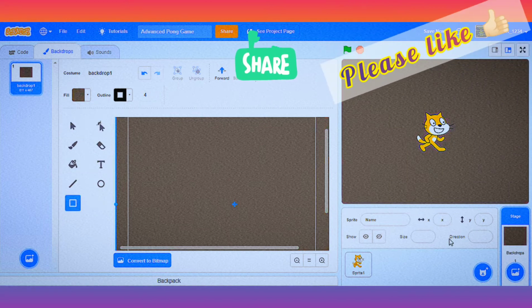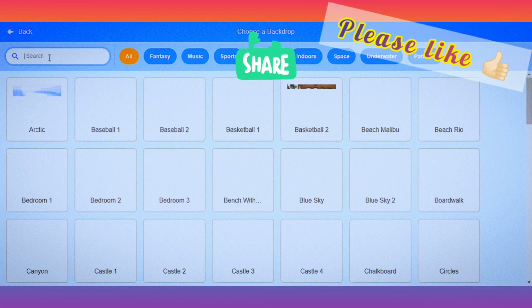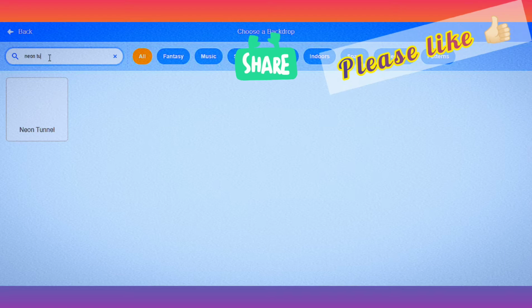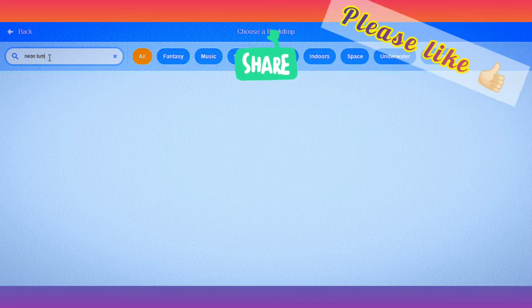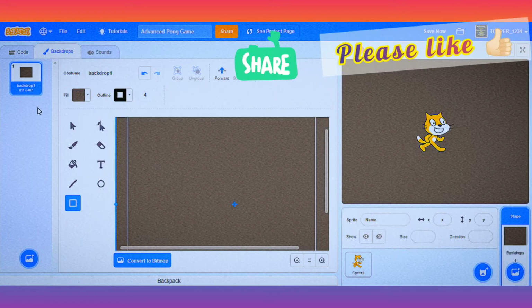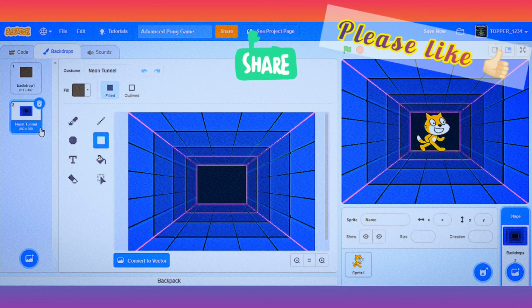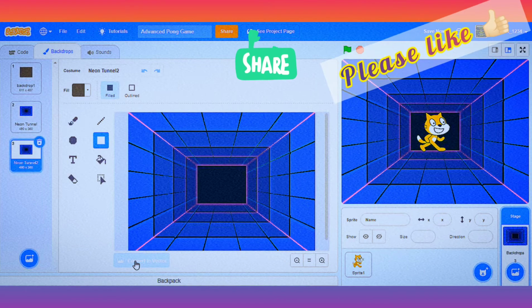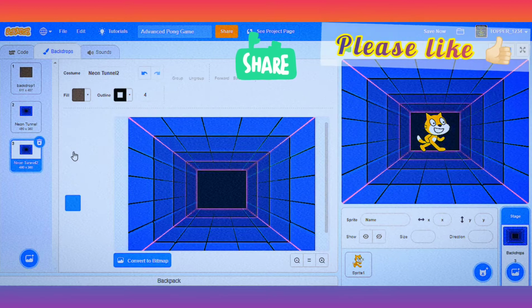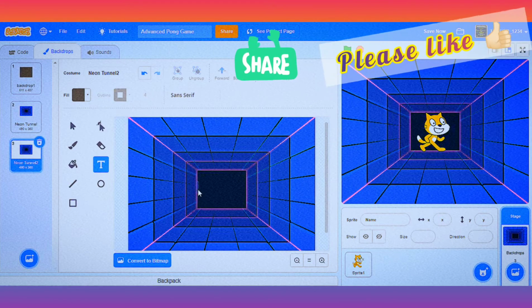So now let's choose our another backdrops, which is a neon tunnel. Now duplicate it and in neon tunnel 2, first we'll convert it to vector and now we'll switch to text mode and write in the middle game 1.